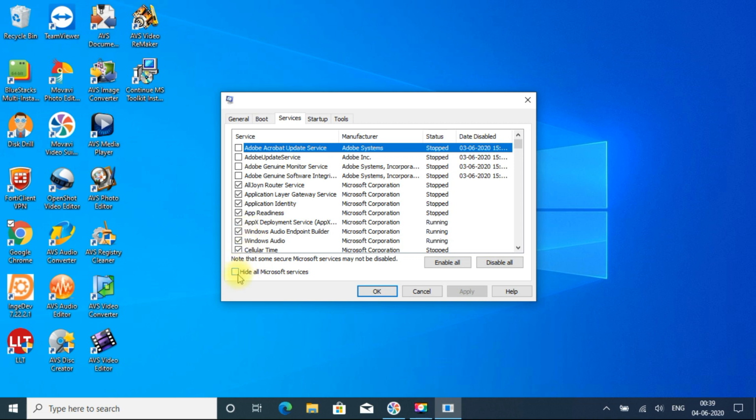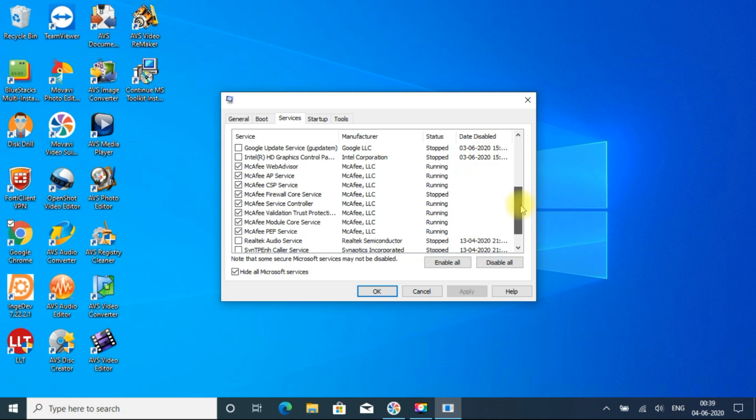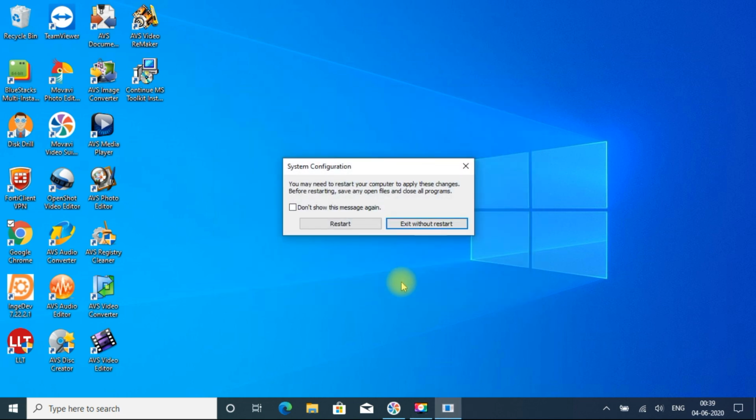First you have to hide all Microsoft services, and if you scroll down you can see some services running on the PC. Just disable all the services. Just click OK. This will take effect once we restart. So after restart we will check that software.